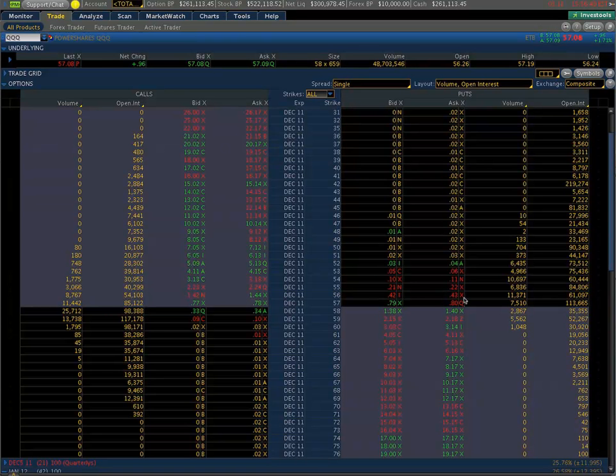However, since puts are generally considered to be a protection and sometimes a speculation instrument, you don't quite get the same type of curve, and you don't get quite the same number of contracts traded right around the at the money prices. They tend to be a little bit lower than at the money because people are either buying protection or they think there's going to be a very quick move down in the market and they want to capitalize on the